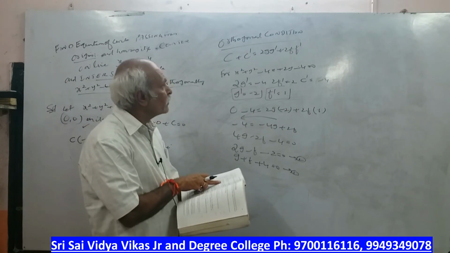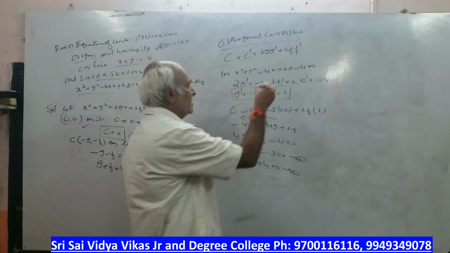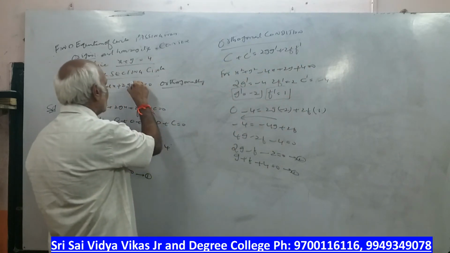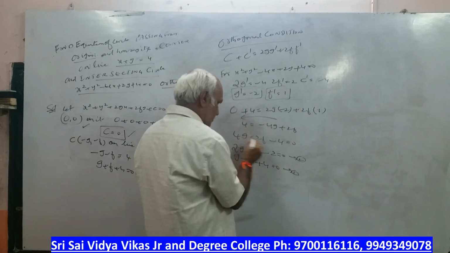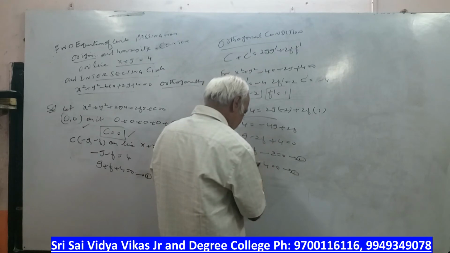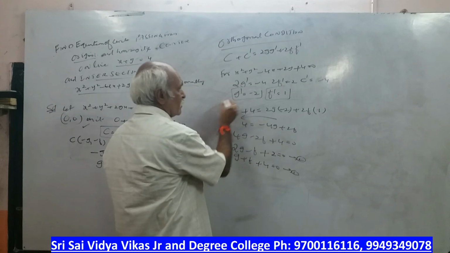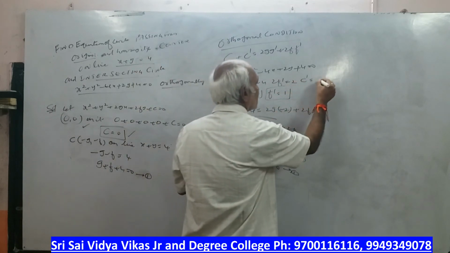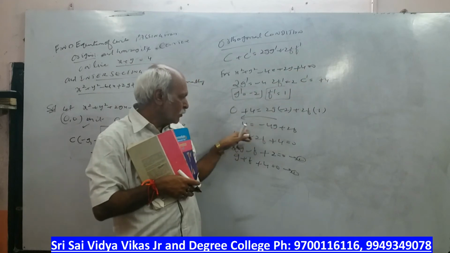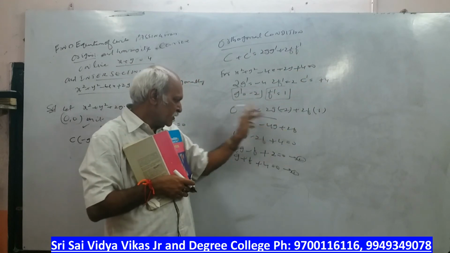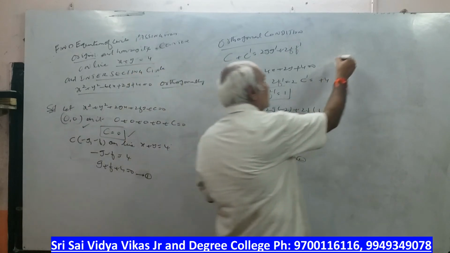Yes, x square plus y square minus 4x plus 4y. Here it is plus 4, it's not minus 4. So here what will happen? This becomes plus 4. Here plus 2, here it is plus 4. So what is the equation here? Plus 4 will come, so 4 is equal to minus 4g plus 2f. Rearrange this, so it becomes plus 2. So we got the second equation and the first equation. Solve for g and f.